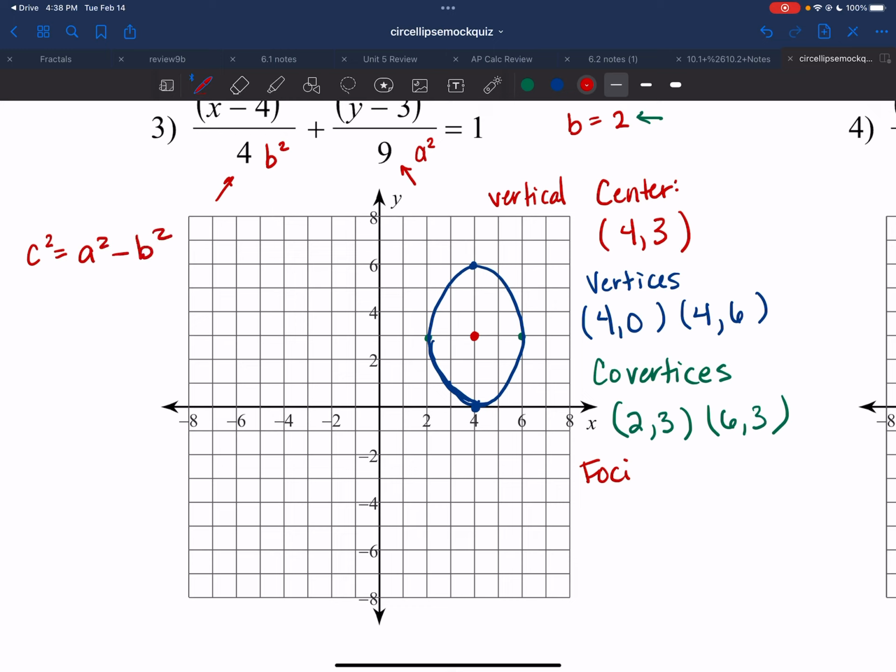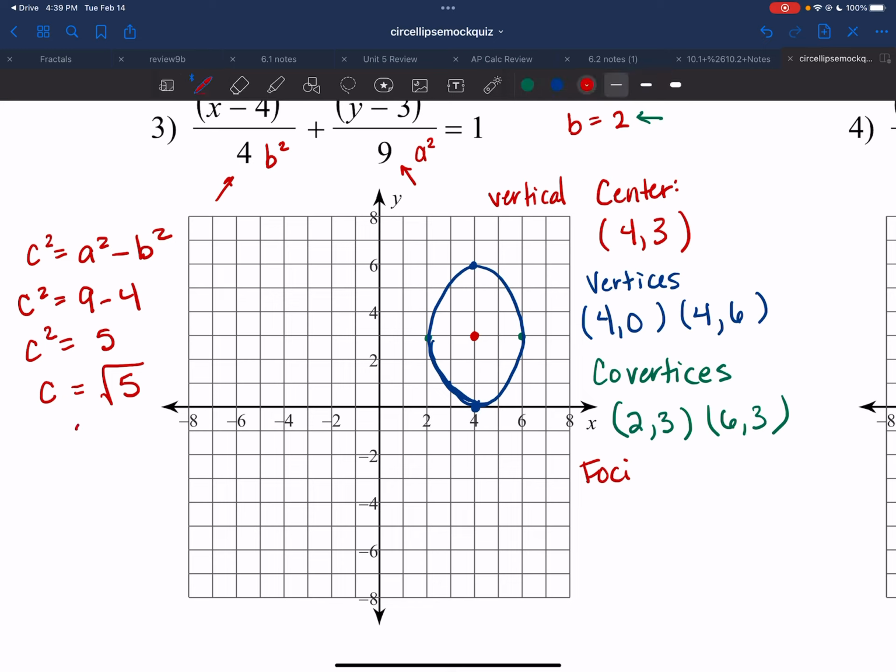So c squared equals 9 minus 4. So that's going to be the value of 5. And then we're going to take c is equal to the square root of 5. And we will definitely want to do that on our calculators just to estimate a number, so when it's time for us to graph it that we're in good shape. So if on my calculator, I go ahead and take the square root of 5, I end up with